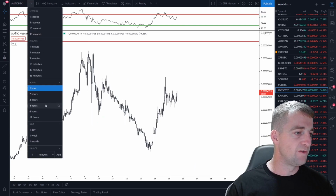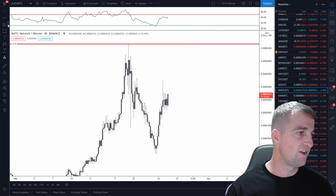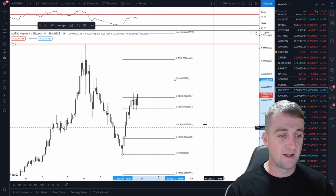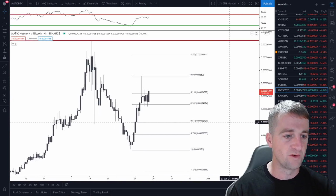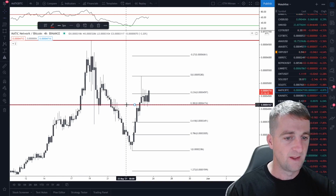Looking back on the 4-hour time frame, this is where I want to do the price analysis. Let's just have a look at this entire move first, from the bottom to the top. Yeah, we've done that 38% retracement again. Pretty much touched it once, twice, three, four times there. We've touched it, and we are popping back up. So the first area to look at buying in, if you do get a bit of a drawback, is back on this level at